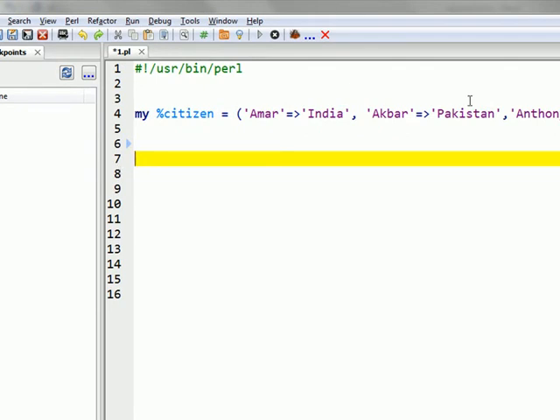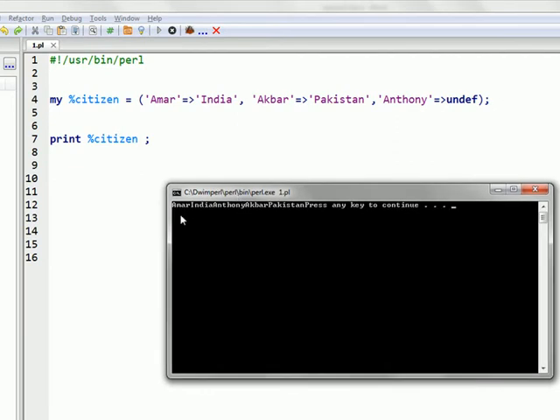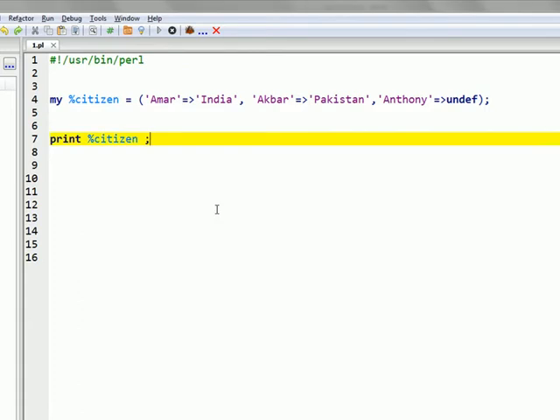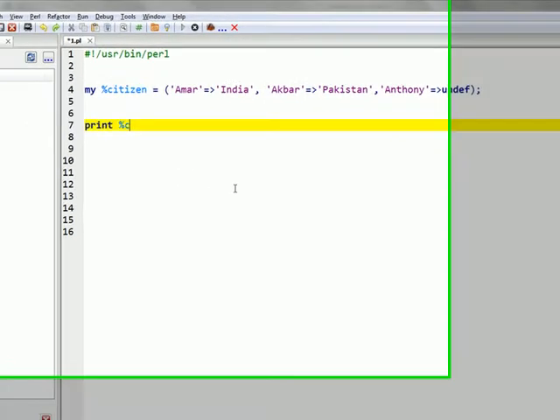Now if I print %citizen, you noticed that it is not written in a very legible manner. For the key value pairs, there is no space in between, there is no new line between the key value pairs, so it is not quite the right way of iterating over a hash.